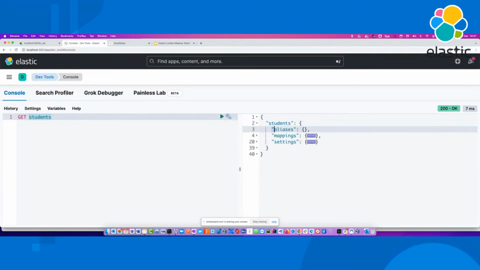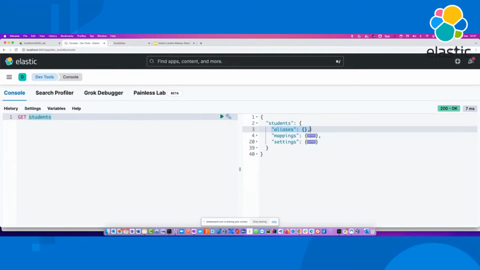The first part is obviously aliases. These are the alternate names given to a student's index. In this case, I don't have any alternate names, but think of it like this: for example, if you have, let's say, 10 types of cars, such as vintage cars, old cars, studio cars, etc., but you wanted to create an alias called cars for all of them.